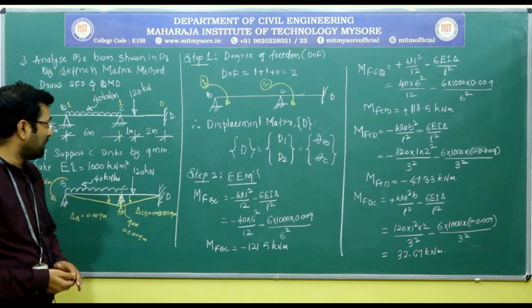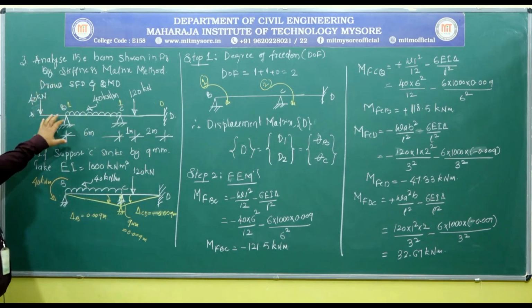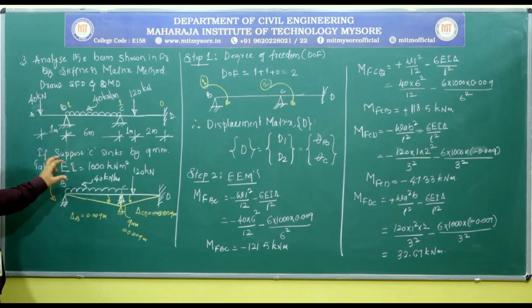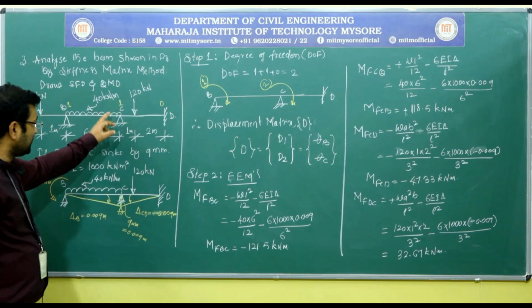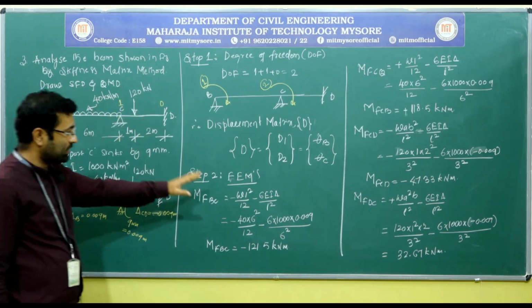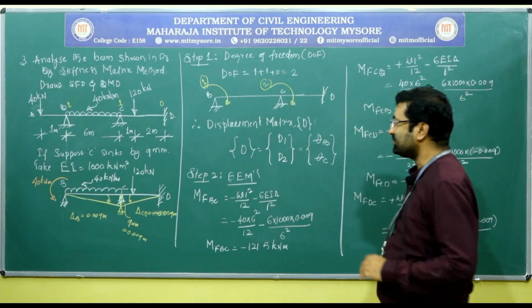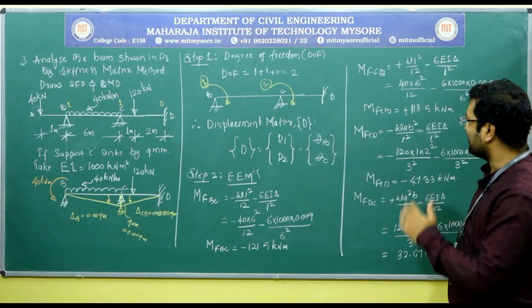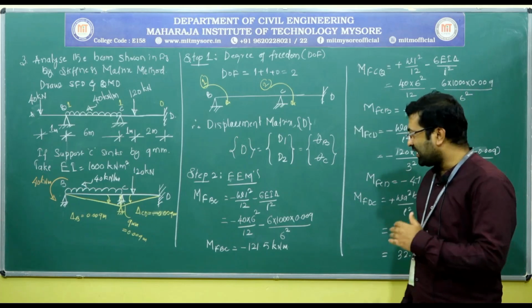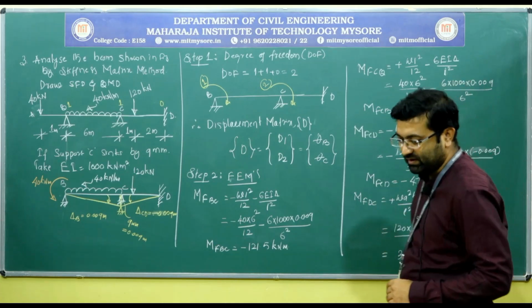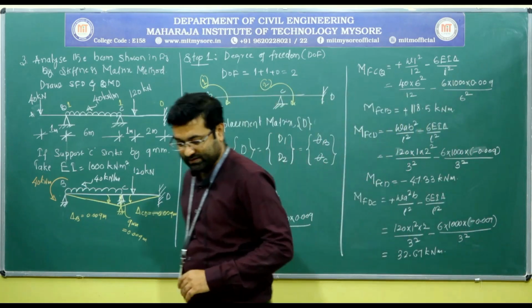What we have done here is to consider the effect of the overhanging. I have converted the given loading diagram into small changes so that I can consider this overhanging as a couple in the calculation, and the sinking of support I have considered while estimating the fixed end moments only. So this has reduced the problem to a great extent so that I can go for the further analysis.